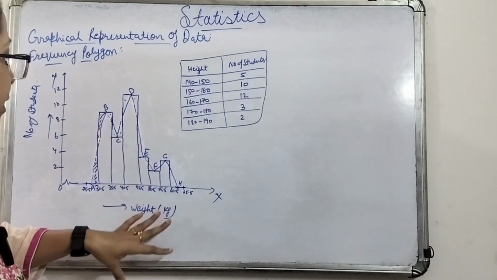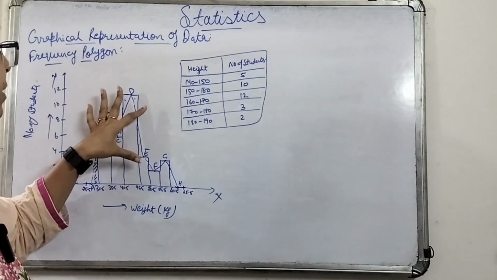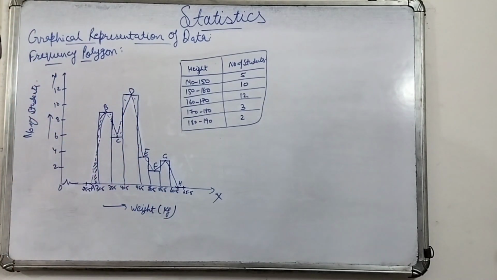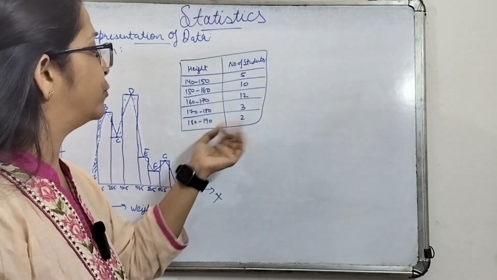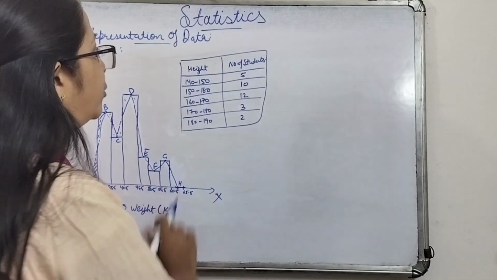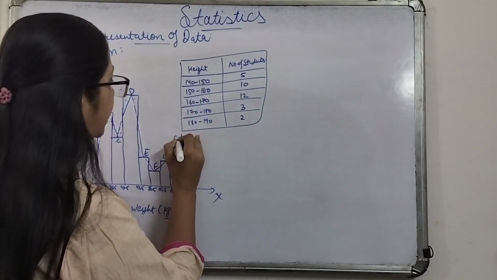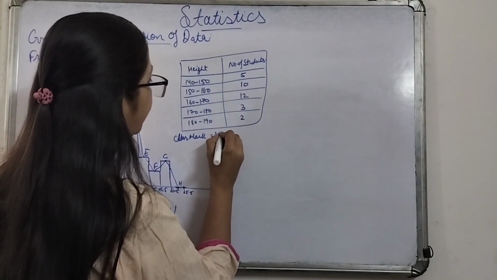So using the histogram we can make the frequency polygon, and without making the histogram also, we can make the frequency polygon. Suppose this is the data given to us. Heights are given and the number of students is given. First of all, we will be finding the class mark, that is the upper class limit